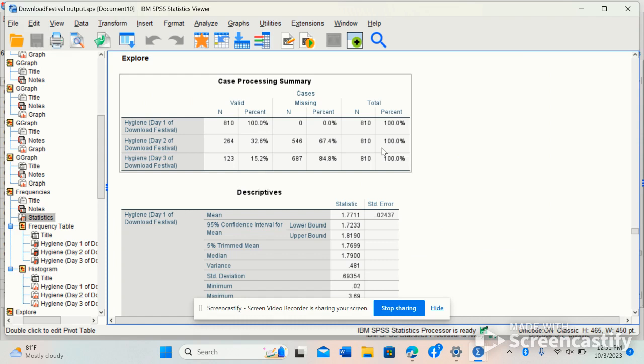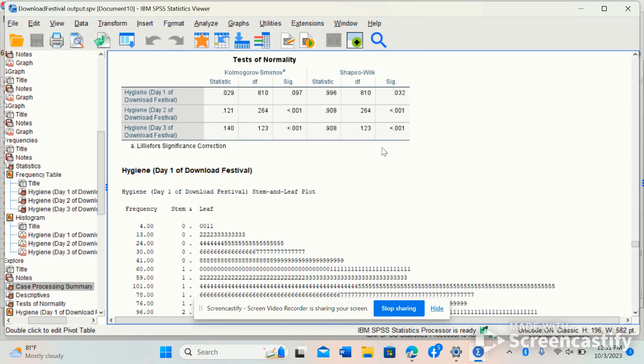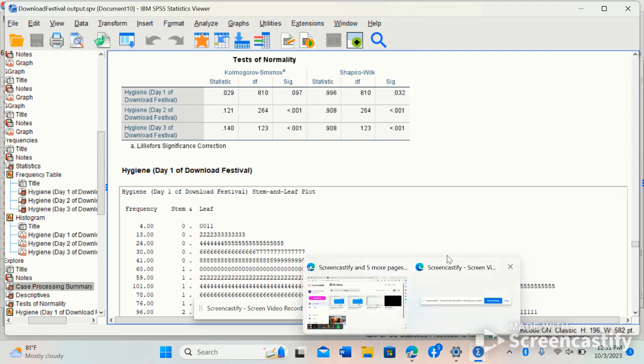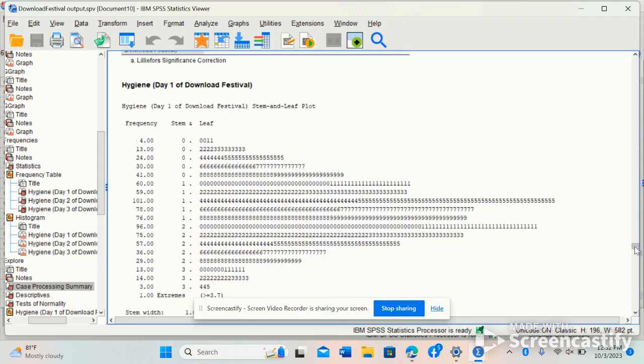I'm not going to go over it too much, but I have done, I'm not sure if I saved it, a Vodka test and the Levene test mixed up in this output. Anyways, basically, stem and leaf plots are awesome, and I think they deserve a lot more usage. But anyhow,